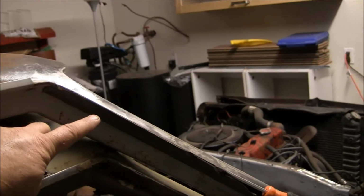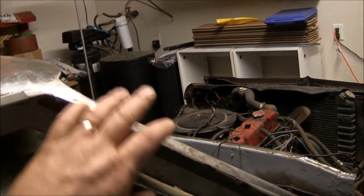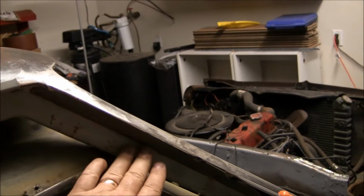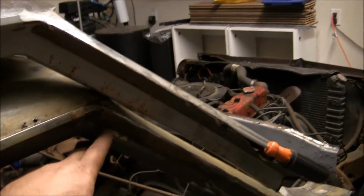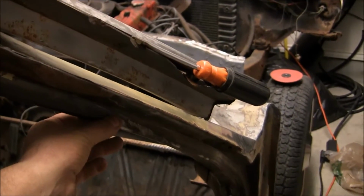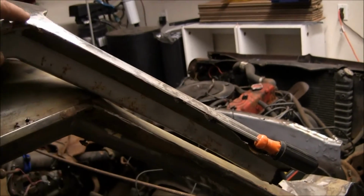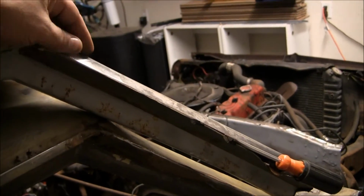So what I'm doing right now is I'm trying to separate the exterior, which is what I need, from the interior, which is what I don't. Okay, on the interior of my car, it's all in good shape. It's solid. It hadn't been exposed to rust or whatever this car was being chewed up by. But I just need the outer half, right? The outer